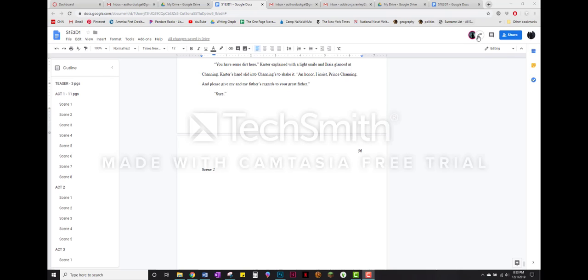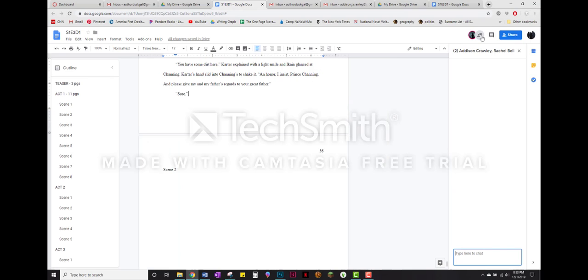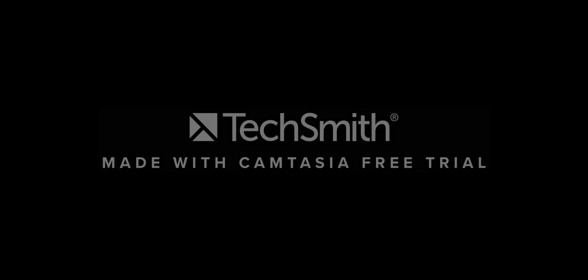They can edit it even at the same time as you do, add to it, and you can even open a chat menu by clicking on the gray bubble right next to the pink bubble of the person you shared with. In chat, you can freely communicate with your group members about your project, or about anything really, in real time and without needing to open another application. There is one more thing about sharing your documents that you might not have thought of.